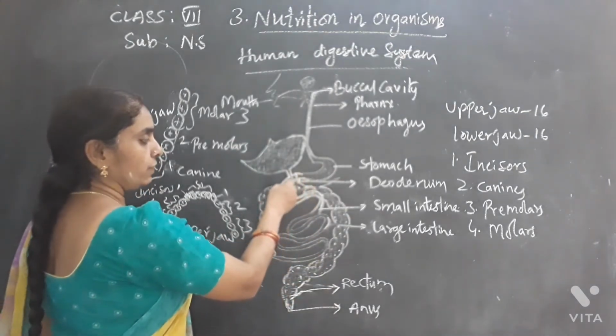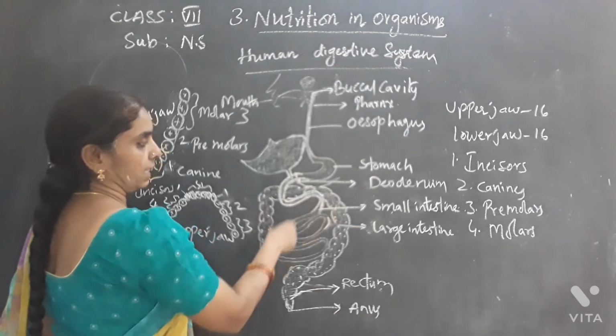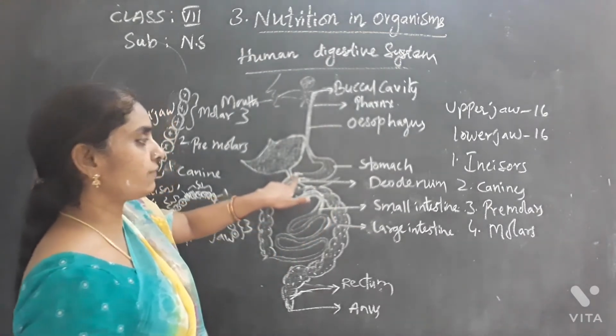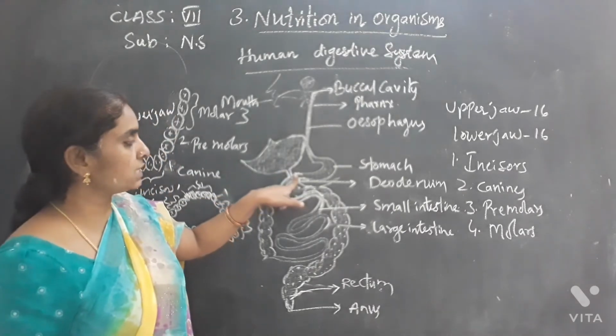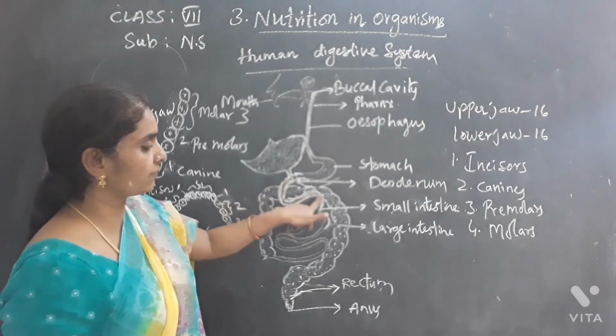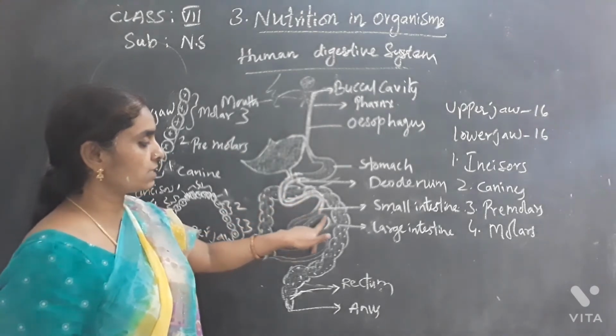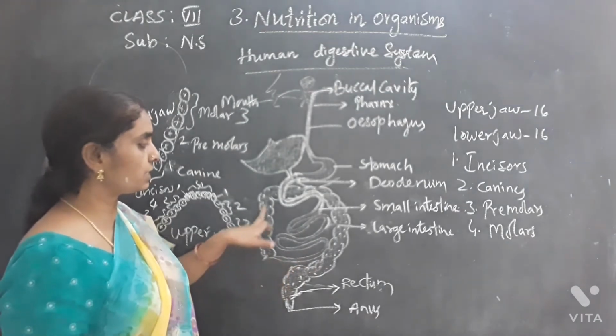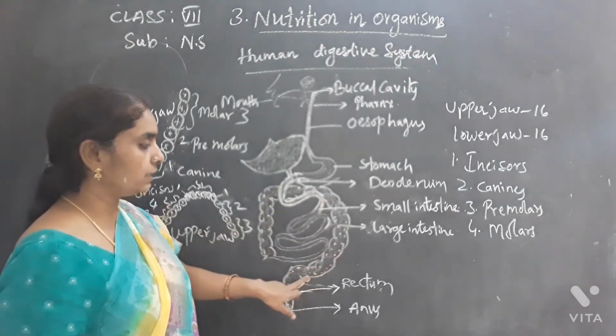Later the food moves through the intestine. So here there is a duodenum. It is the first part of the small intestine. This curve-like structure over here is the first part of the small intestine. Later the food is digested completely in the small intestine, and undigested food reaches the large intestine and moves through